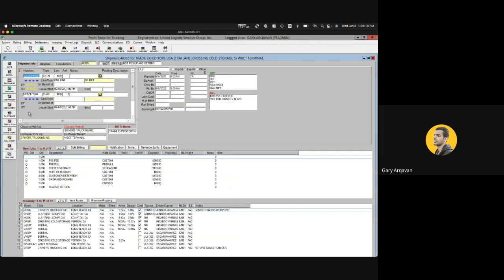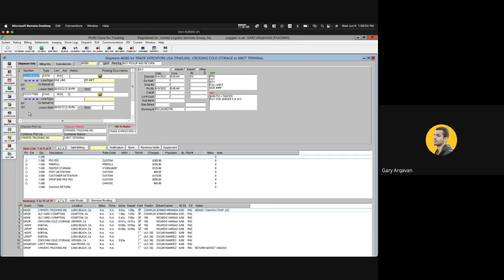terminal. So once you are returning your loaded container for an export shipment, or returning an empty container after you unloaded your import shipment, you have to return that container, which is already on a chassis, to the terminal. So you have to leave the chassis in the terminal too. So if the chassis type is POP, you can leave that chassis in any of the terminals. If it's LBCT, if it's WBCT, APM, doesn't matter which terminal. As long as it is POP, you can leave it